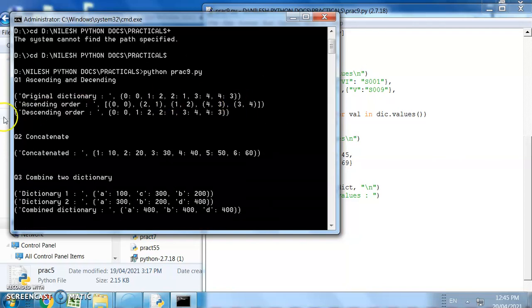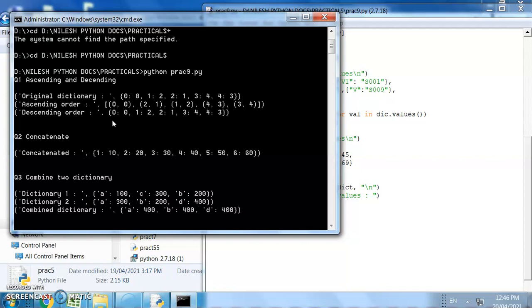See here, from the start we have specified one dictionary. After that we have specified the elements in a sorted order. So see this order. It is going to arrange the particular elements in ascending order. So see here, the ascending order of that particular dictionary. These are the elements shown in descending order.